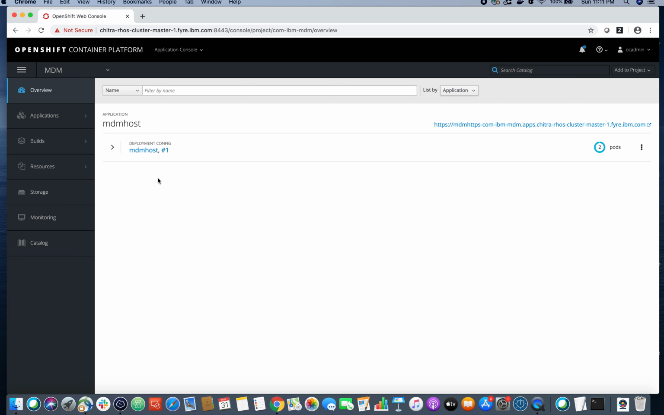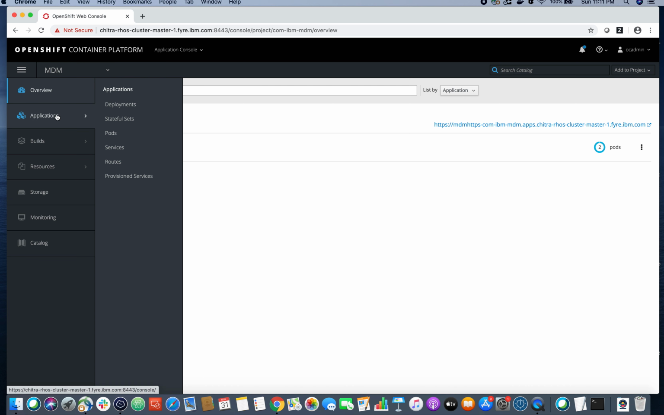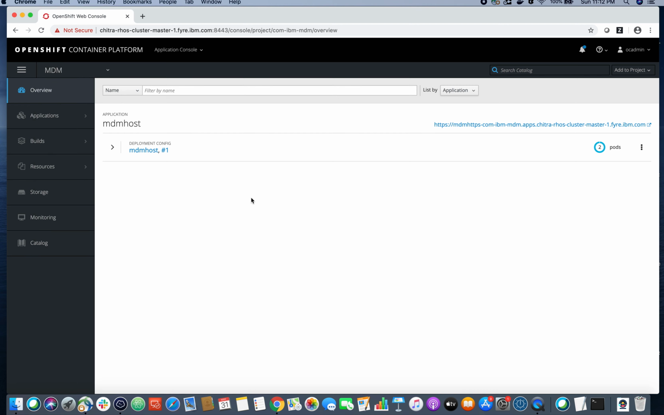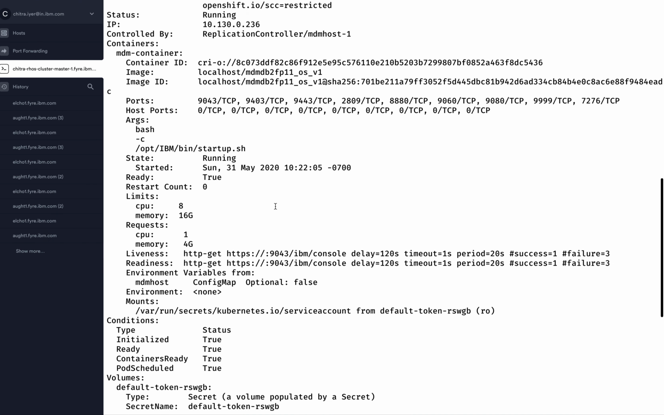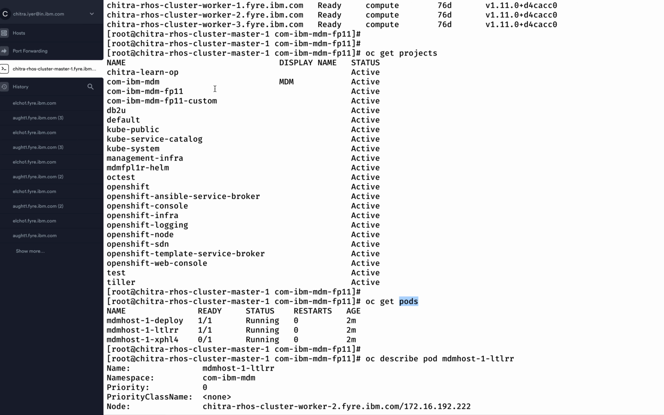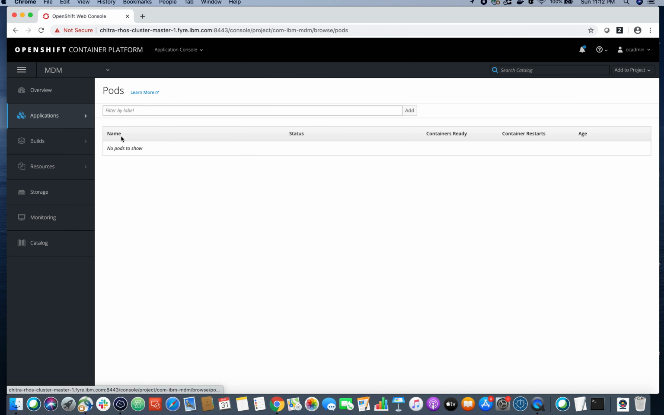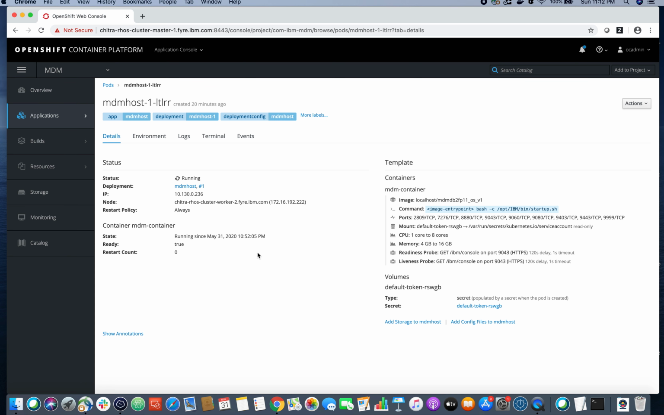So here we are in our project COM IBM MDM, and we will be able to see the pods that are here. So there are two pods now. The deploy pod has died after it has completed its job and it is no longer available. So these are the pods that we wanted, and all the details that we noticed there are also available for